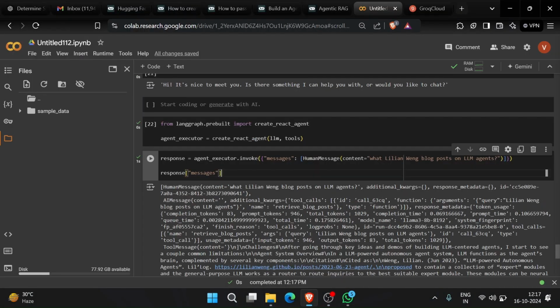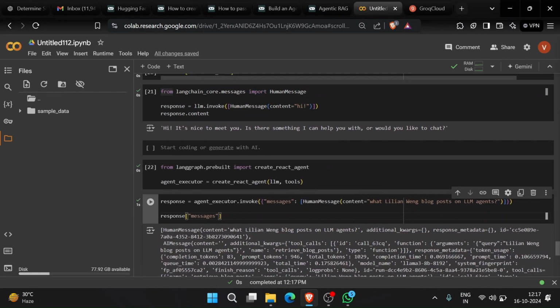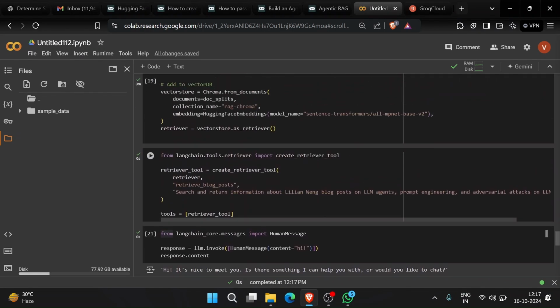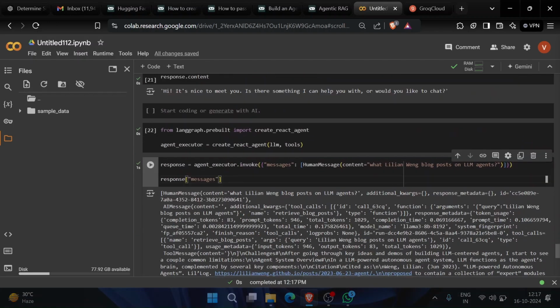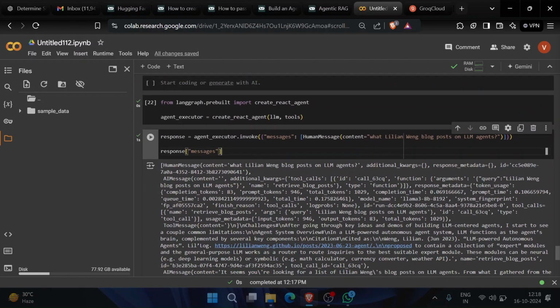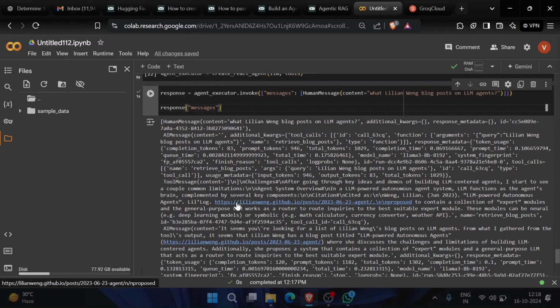If you ask a question about this blog post, because in our tool we mentioned in the description the information about this blog on LLM agents. If you ask anything about this type of question, this was our question and the response was empty, but it calls the tool. You can see here the tool is the retriever blog post. So that was the tool name, and now it will call the tool,